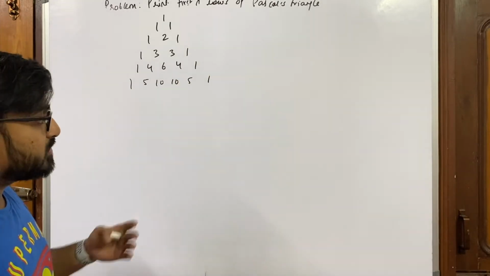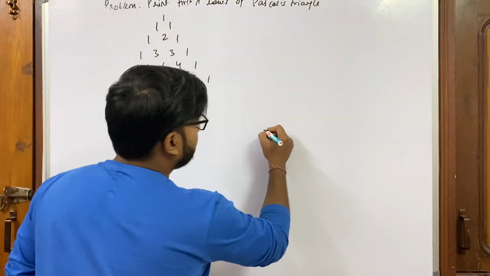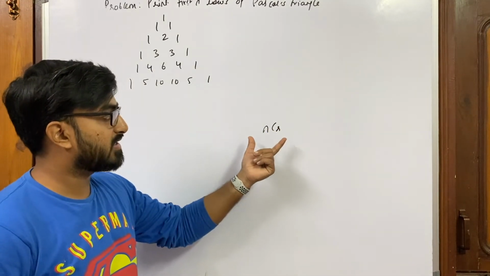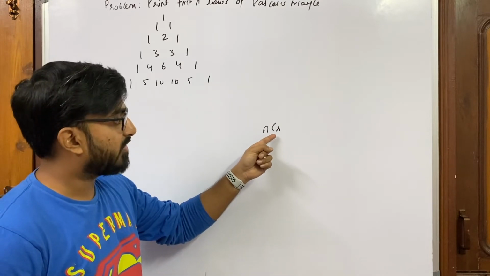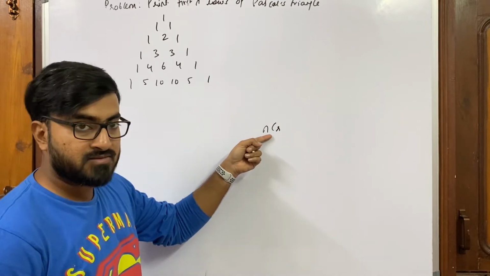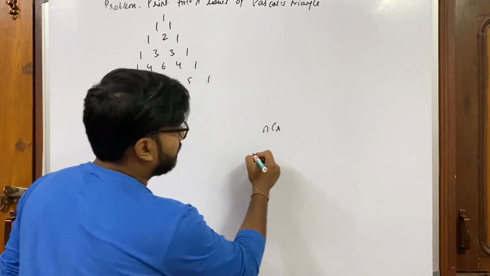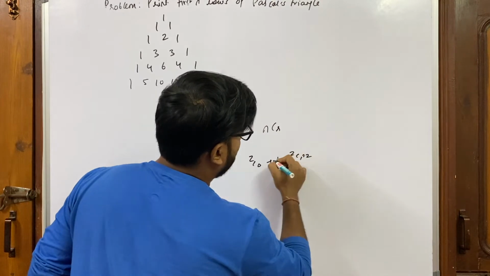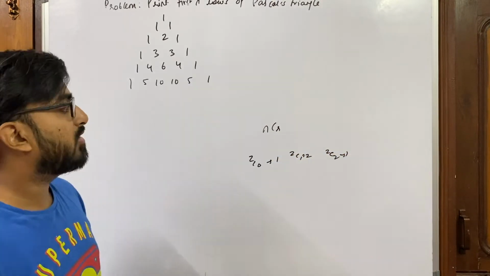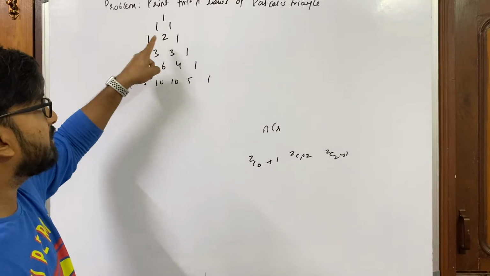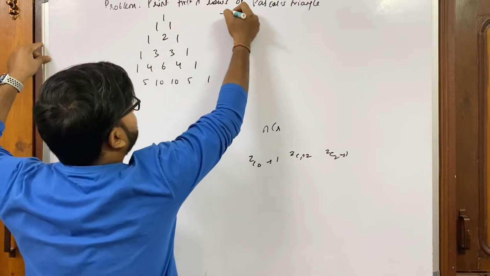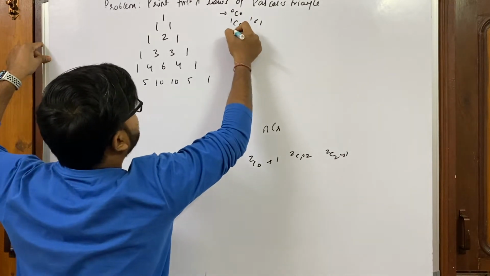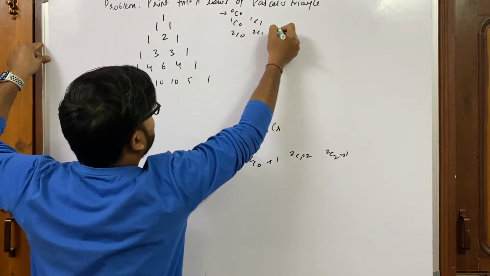One more thing is I'm not going to use nCr anywhere in the code. For people who know what nCr is, this is basically finding combinations. That is, you find r items out of n given items where order does not matter. For example, 2C0 is 1, 2C1 is 2, and 2C2 is 1. Why am I telling you this? Because each row can be calculated using nCr. So first row is basically 0C0, then the next row is 1C0, 1C1, then the third row is 2C0, 2C1, 2C2,